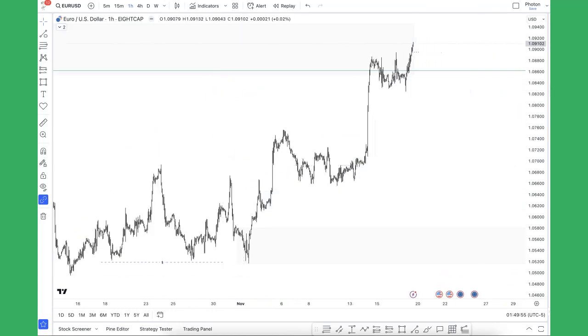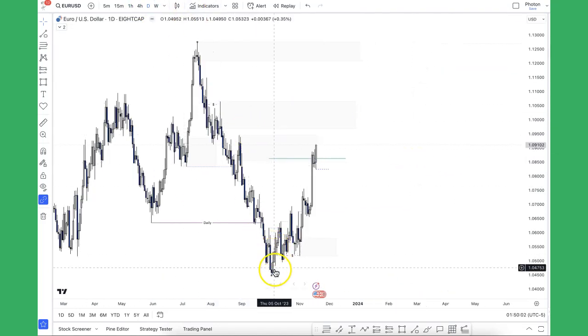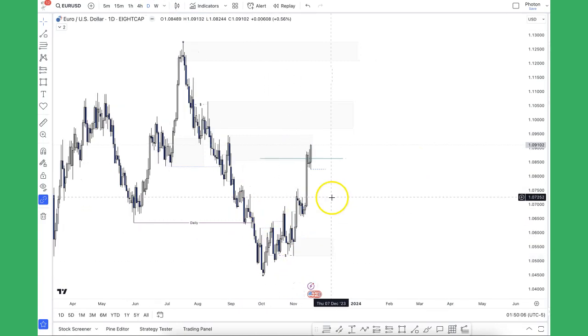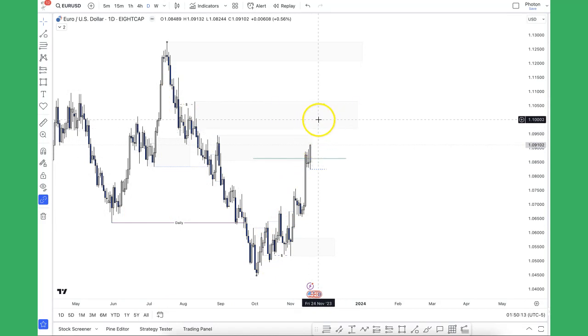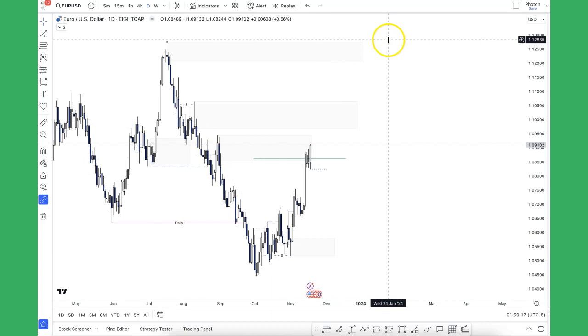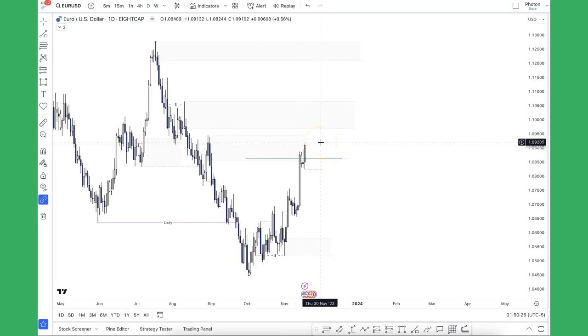So just to recap very quickly, going back to the daily. The daily is definitely bearish. We've broken structure here, and we are in the pullback phase. So always remember that after a break of structure, we can expect a pullback. And once price pulls into the premium levels, we can continue with the short. Or if we are bullish, then once it pulls into discount levels, we can look at long. So we just about made it to premium levels,